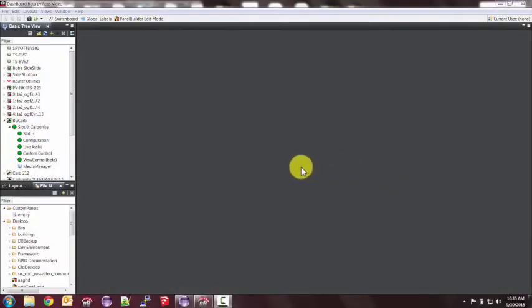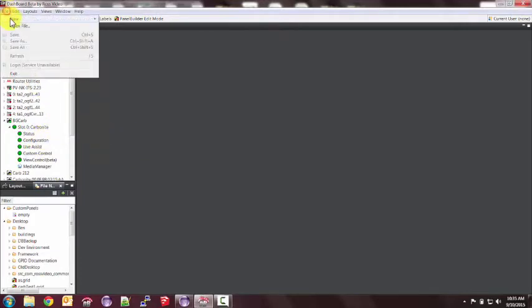Let's jump right in. I have a Carbonite here, and I want to control it with a custom panel. I want to create a panel, and on that panel I'm going to put a button. And I want that button, when it's pressed, to do a transition. So let's do that. File, New,